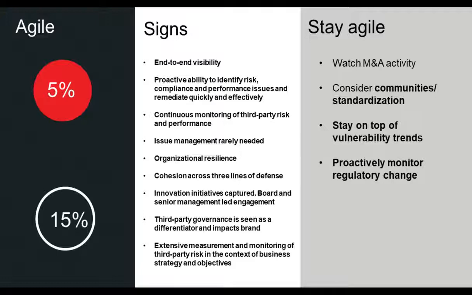So I think that figure is probably inflated a little bit in terms of where the reality actually stands. However, organizations that had their programs in place for 10 years and more, 15% of them reported themselves at this stage. And I think that's a lot more reflective in terms of this does take time, and it does take dedicated attention to becoming the agile organization, the third-party risk management program that they were seeking.